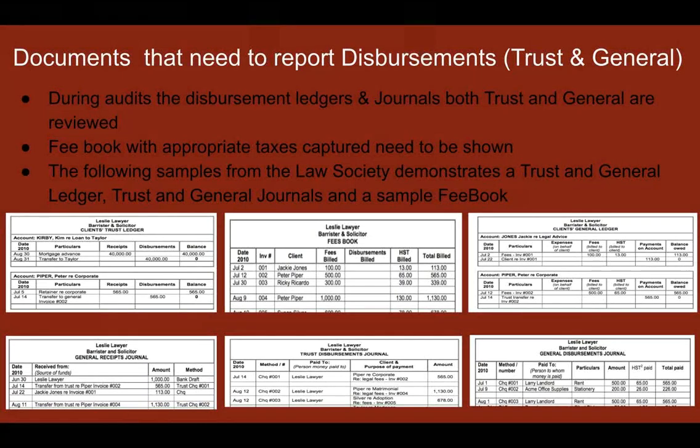Now, about the Law Society compliances. What is it that you need to do when it comes to posting the respective journals and ledgers? Now, if you're using a software, these are inbuilt. You just have to download them, because all that we want you to do is just add in the transactions and download it. But during audits, the disbursements,